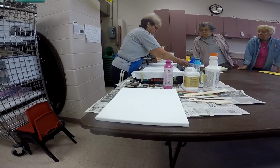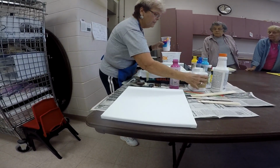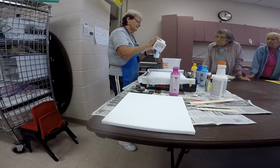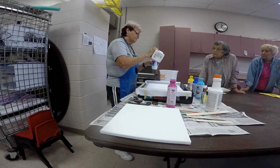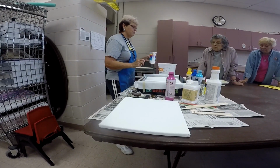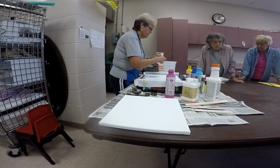Now I'm going to just repeat. I'm not going to put the blues because of that yellow. I'm going to put the white. That actually, yellow usually does not turn green on me, but some of them do. The lighter yellows, oh God, they make a pea green, and I've had her destroy paintings for that. Okay, so, okay,